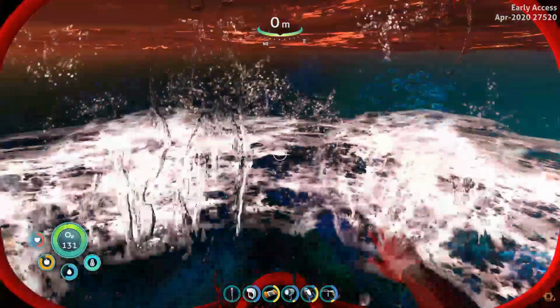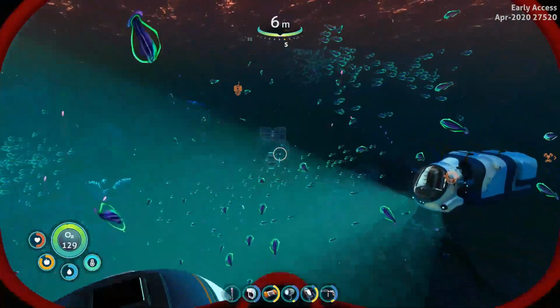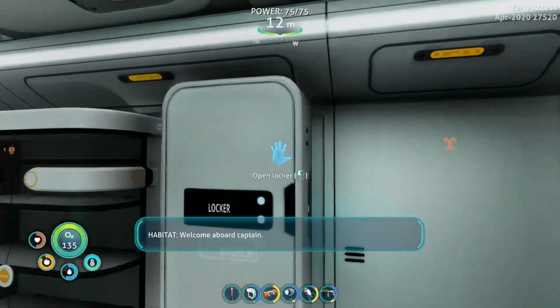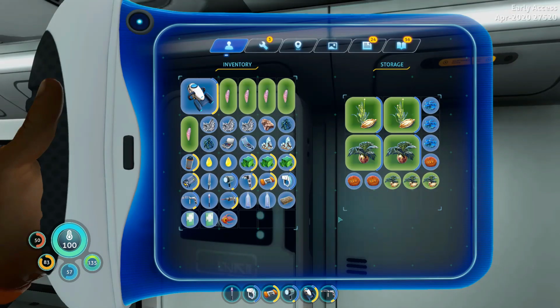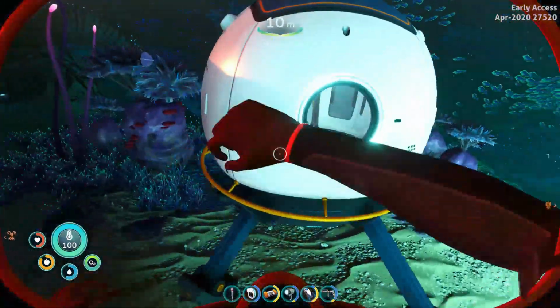Where did I build my base? Where's the base part? There it is. My base. It's one tube with lockers. Welcome aboard, Captain. Thank you. And there are the ion cubes. So now we can go make a purple tablet, and then...